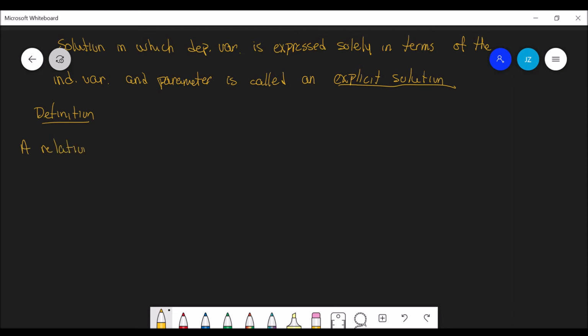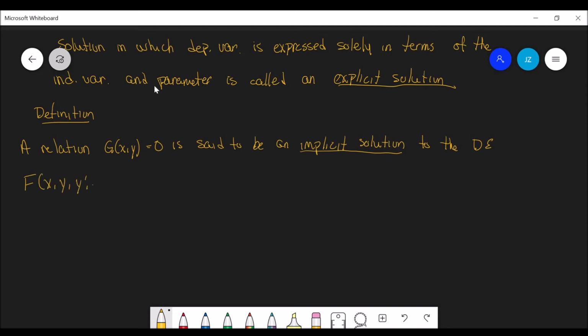So a relation g of x comma y equals 0 is said to be an implicit solution to the differential equation f of x, y, y prime, so on and so forth, equals 0 on the interval I,